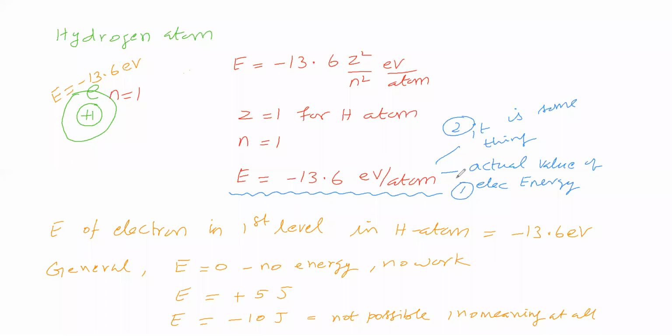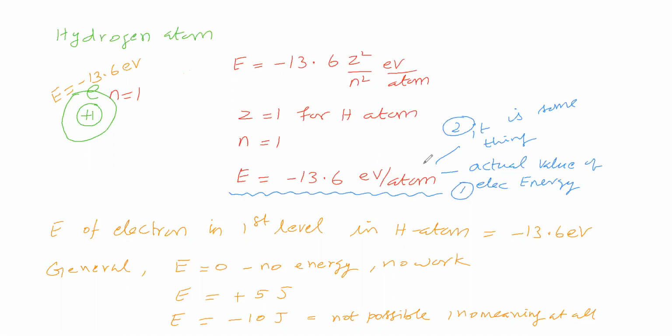So now we have to say, number 1 or 2, not Niels Bohr. From number 1 and 2 we can understand Niels Bohr's thought. That's all. So now you say whether this value is the actual value of the energy of the electron, or otherwise it is related with some other thing, or will you say it is not the actual value of electron energy? What do you say regarding this?